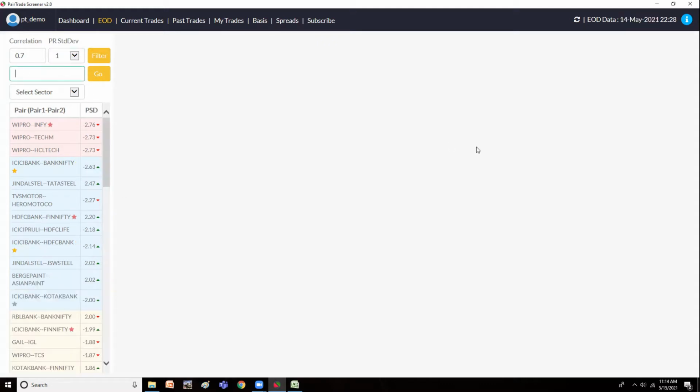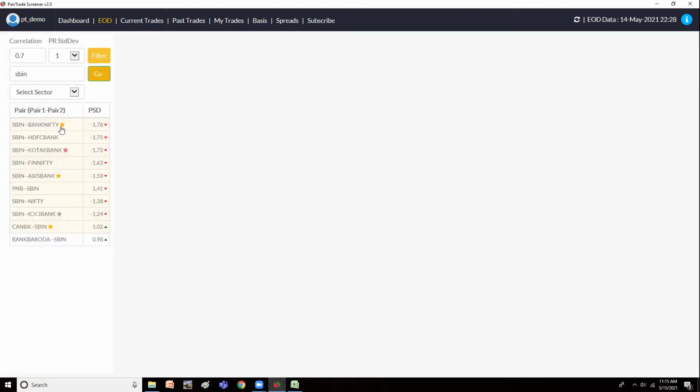Similarly, you could use the search box, say SBIN, and say go. So all the pair combinations with SBIN would be displayed. You can also observe that there is a star displayed here. This is the gold star. So the pair is being rated as gold depending upon the returns it has given on previous occasions. This is gold rated, this is bronze rated, and this is silver rated. And some pairs are not rated. That means we need to be a little careful while taking those pairs and we need to see the data, then only take an entry.